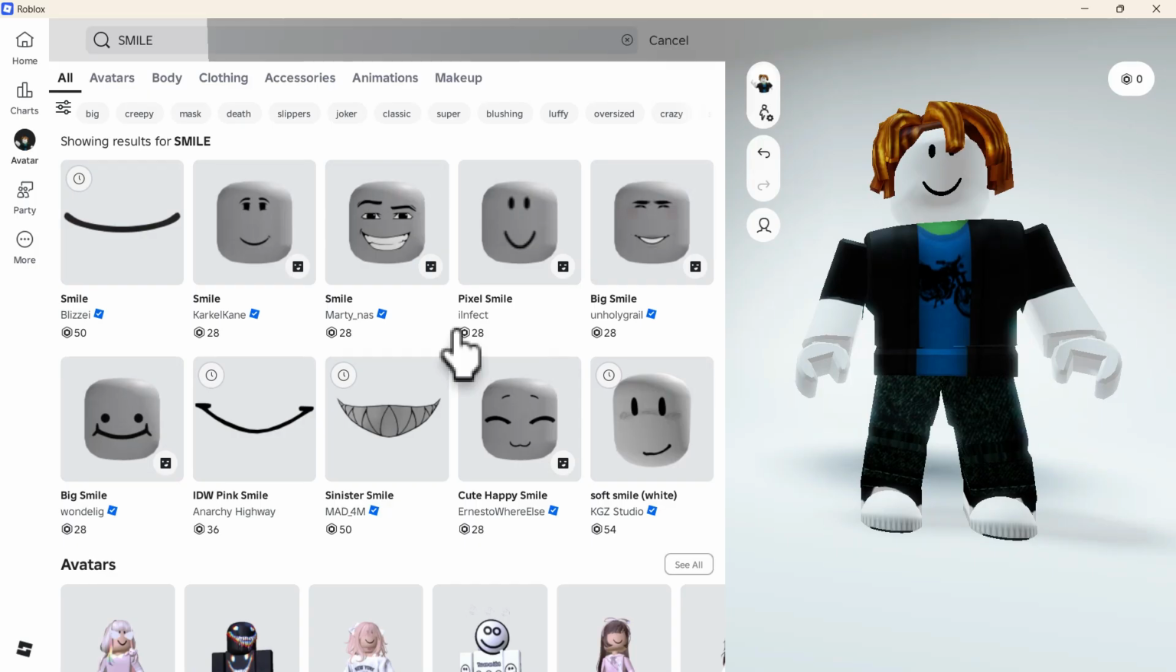Take some time to browse different options and test them on your avatar until you find the look that you